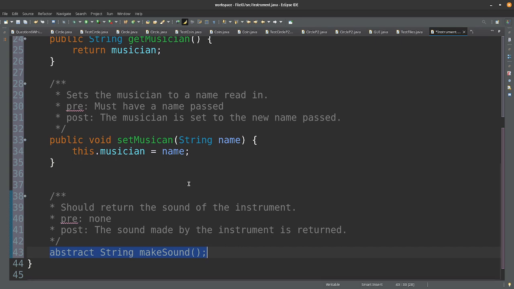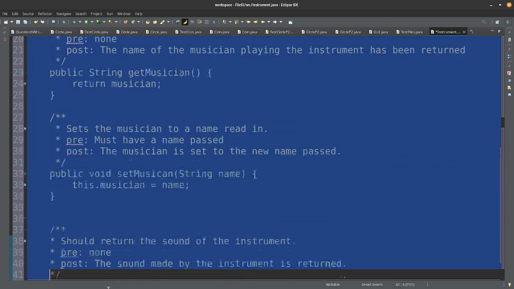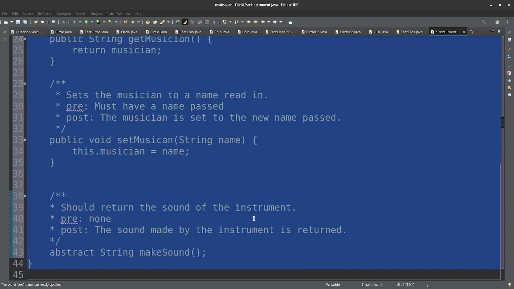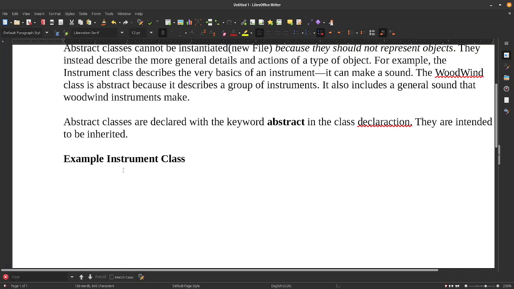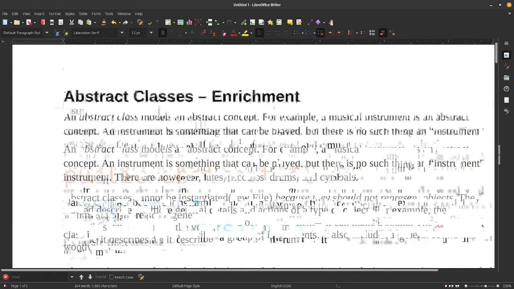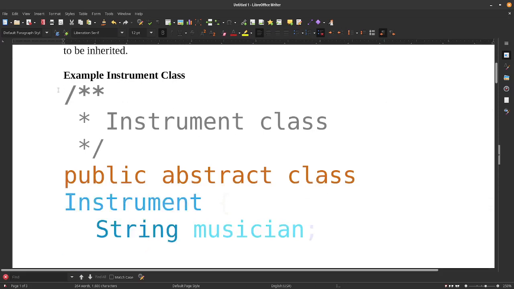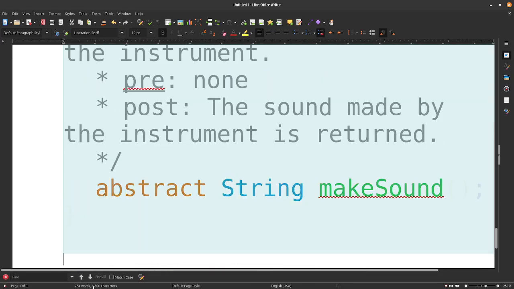So imagine if we took this great set of code that we have here, and I'm literally just going to put this into our note so that we have it here, right? And imagine I use this code